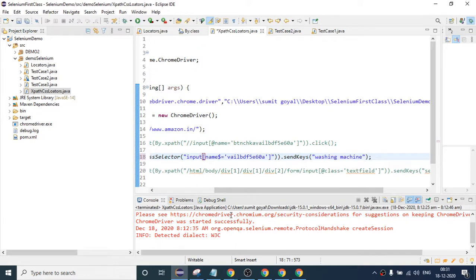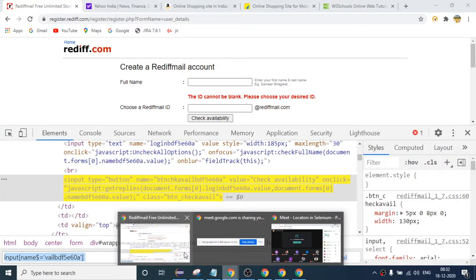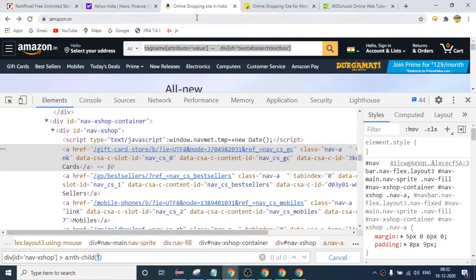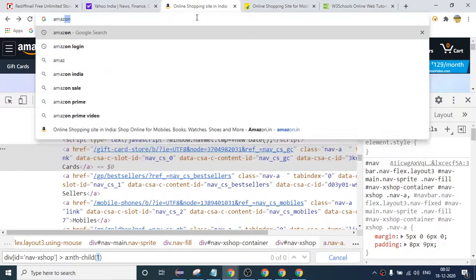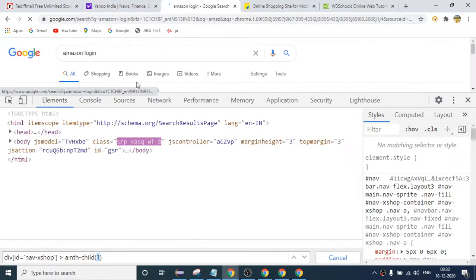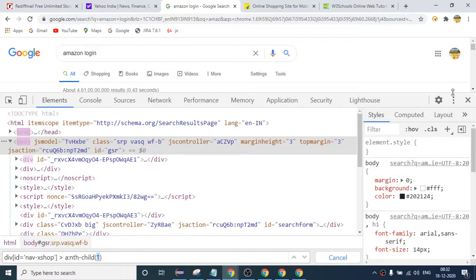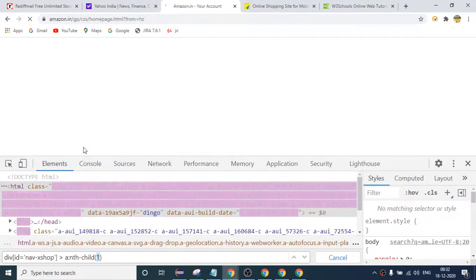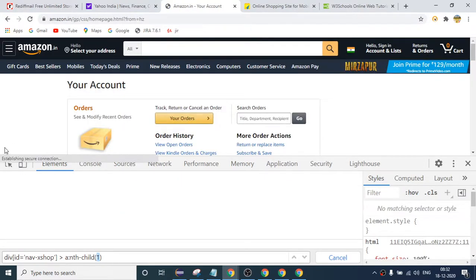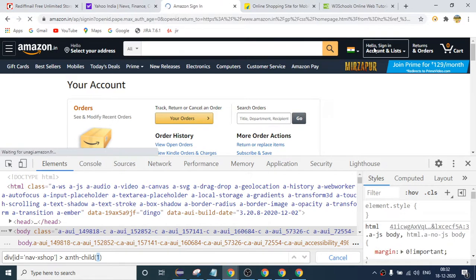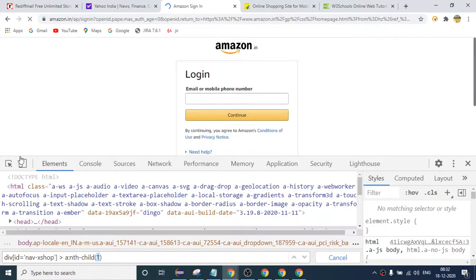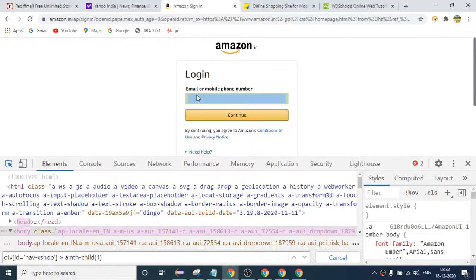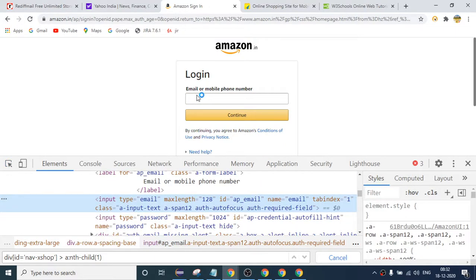Let us see some shortcuts for CSS, right? What are the shortcuts you can use in case of CSS? If I know only the ID, either you can write XPath or CSS or any other locator. You can see I know the ID of this text box.